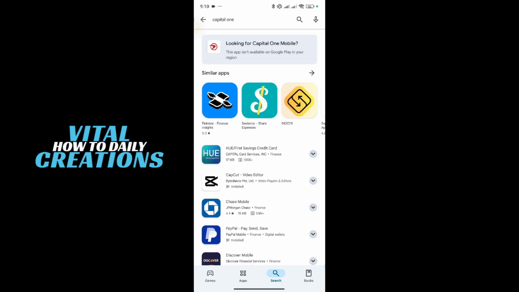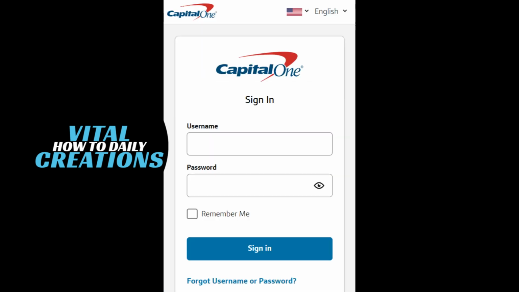the installation to complete. Now once the app is installed, open it and select sign in if you already have a Capital One online account. Enter your username and password, and if prompted, complete the two-factor authentication by entering the security code sent to your